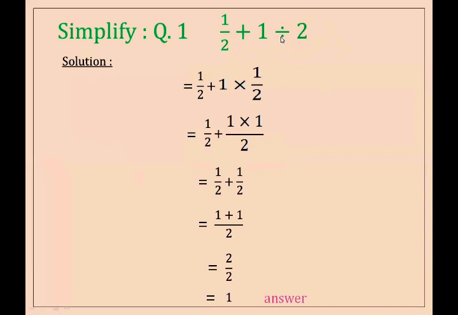In our previous lesson, we learned how to apply division on fractions. We already know that if division is given to us, then we take the multiplicative inverse of that number. Here we take the multiplicative inverse of 2. It means this divide sign changes into multiply and this 2 becomes its reciprocal. So here we write 1 upon 2, because this 2 is divided by 1. Okay students, here we have 1 upon 2 plus 1 multiplied by 1 upon 2.